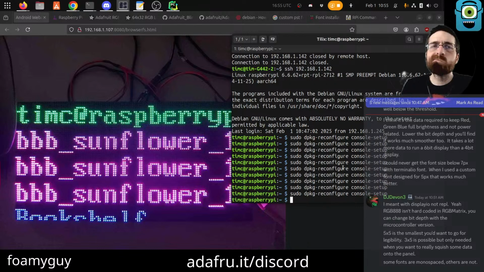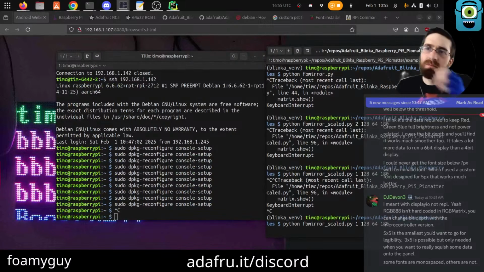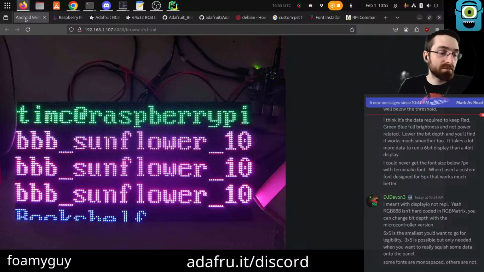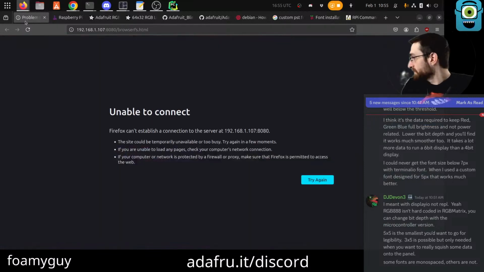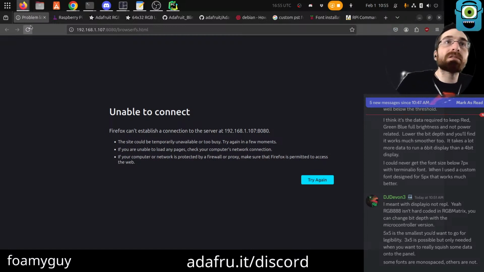Am I crazy though? Where did that 1x1 font go? Or like one wide? Well, the camera is also dead. I don't think the camera likes this very much.